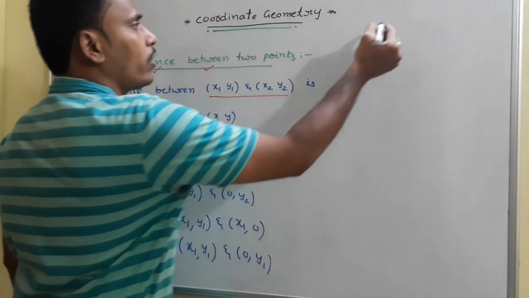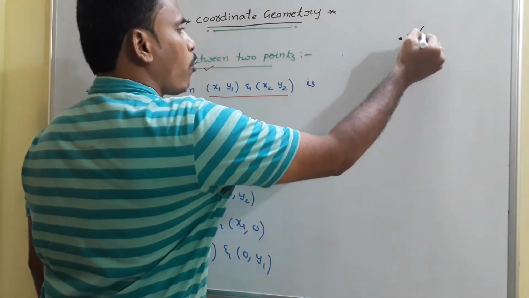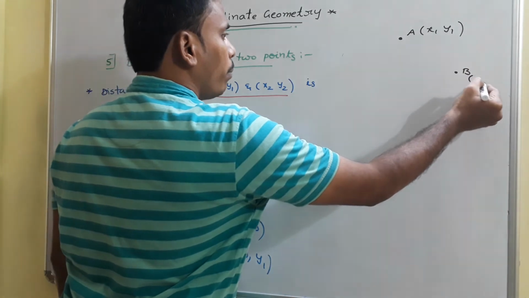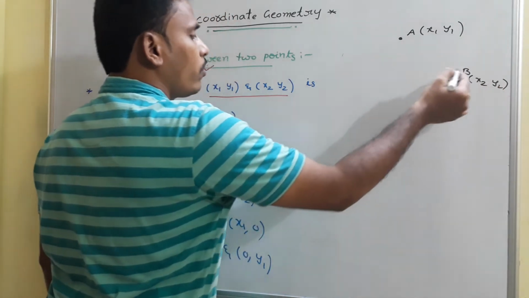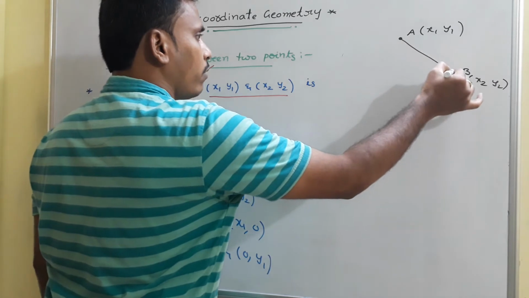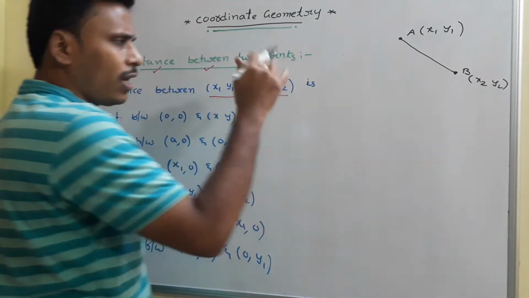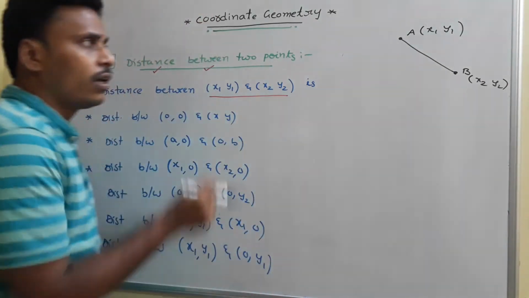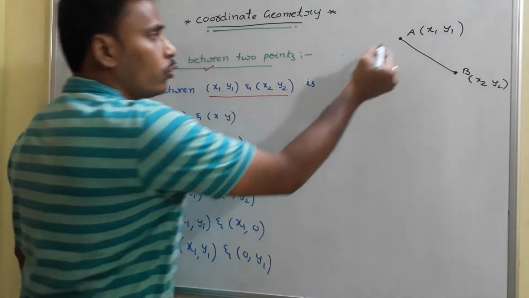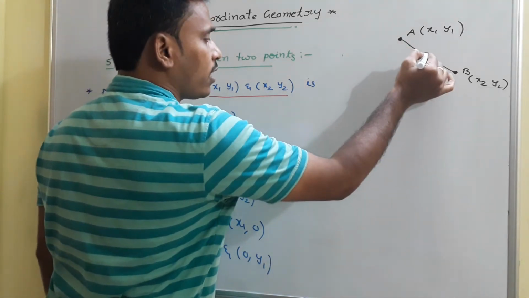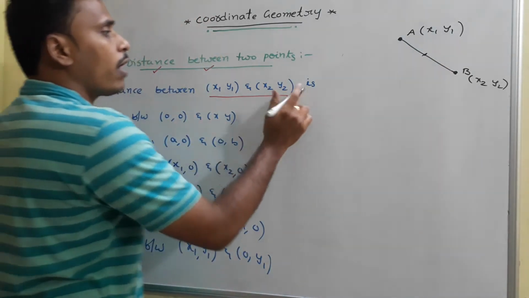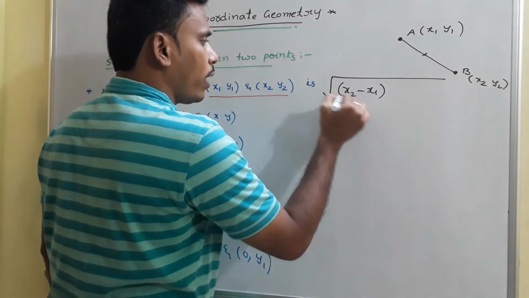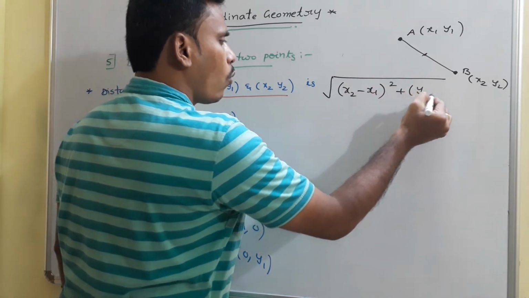See, actually the distance between these 2 points, in the sense somewhere you have point A, I just name it as A, right? A is x1, y1, and somewhere you have B, x2, y2. Distance between 2 points, mathematically, the distance is simply from A to B, okay? You may call it displacement in physics actually, but here we just consider it as the distance from A to B. So from A x1, y1 to B x2, y2. This length from A to B is considered as the distance, and the formula is simply square root of x2 minus x1 whole square plus y2 minus y1 whole square.